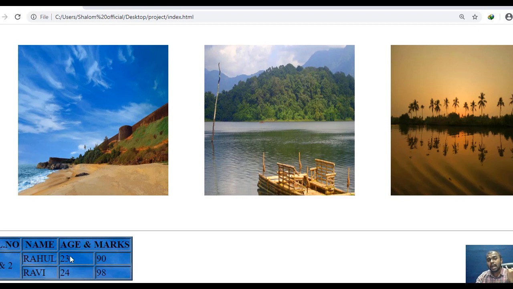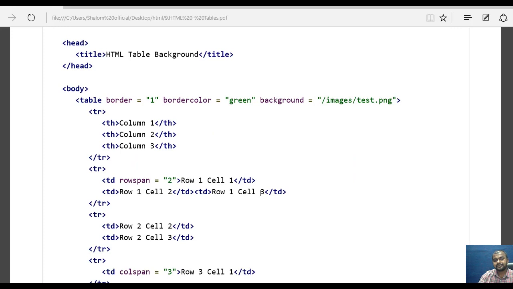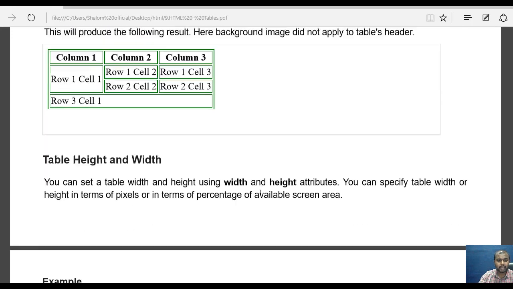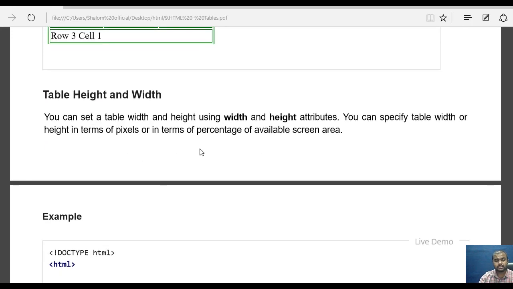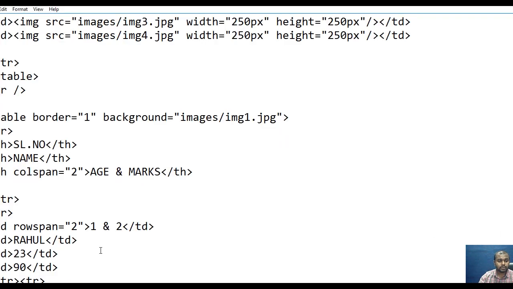So if you want to give a background color, you can use the BG color attribute. If you want to change the color of the border, you can give border color. And if you want to give a background image, you can use the background attribute. And if you want to increase the size of the table, you can set the width and height of the table, for example table width equal to